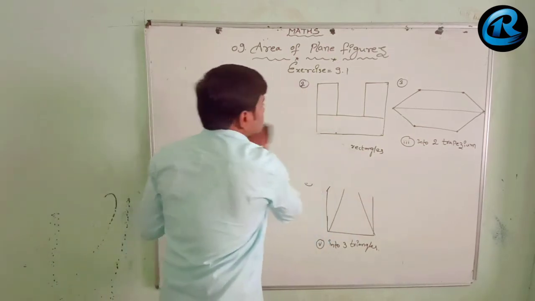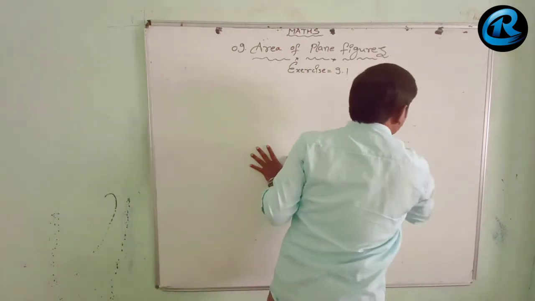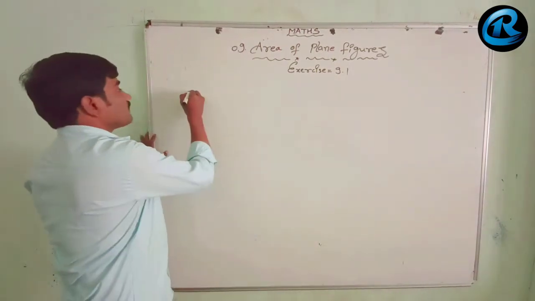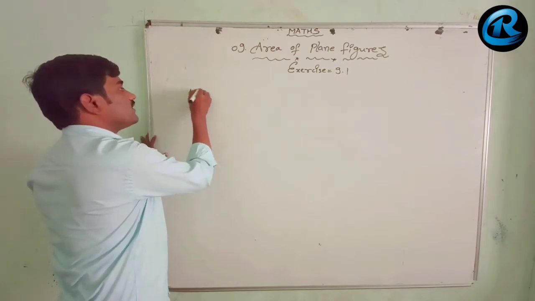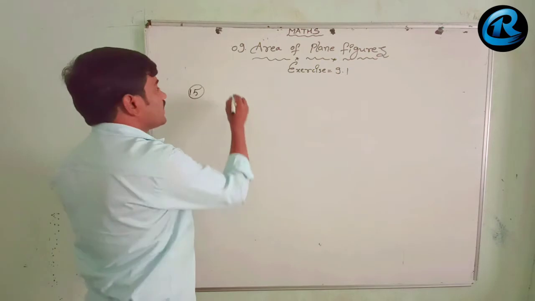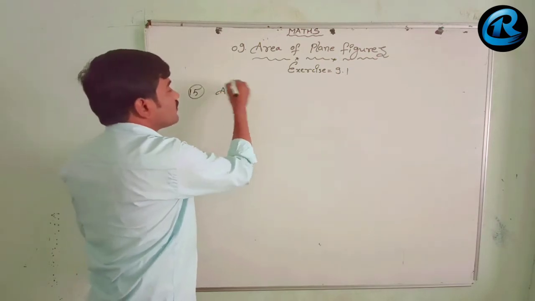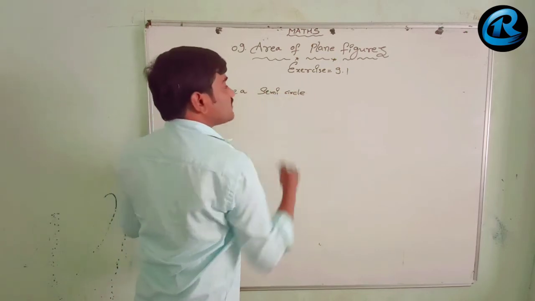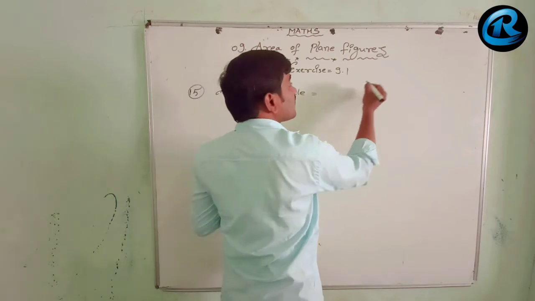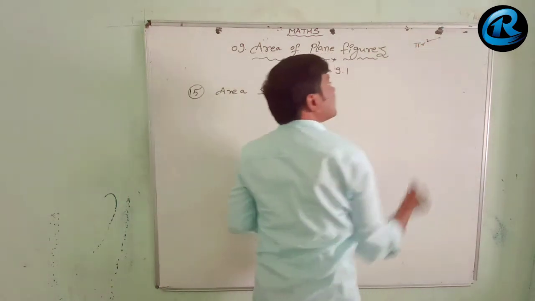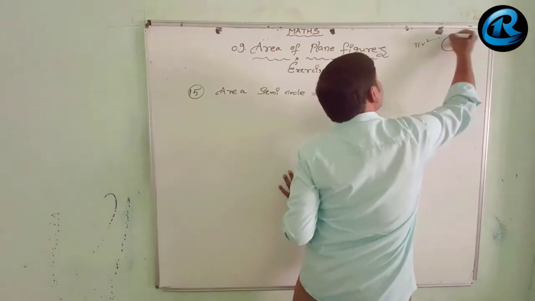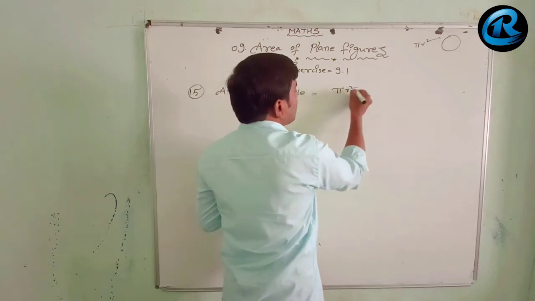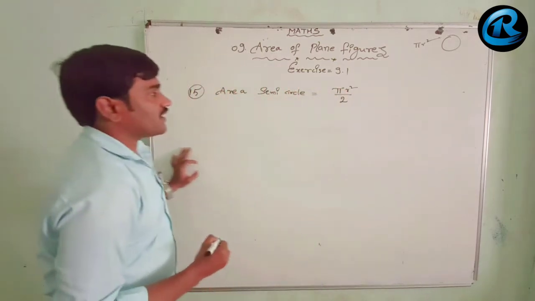Okay. Then as I said to you, I give you 3 more formulas. Let me go for the 3 more formulas now. These 3 formulas you have to include with the remaining formulas. Already 14 formulas are completed. This is formula number 15, area of a semicircle. The area of a circle formula is pi r square. Area of a complete circle is pi r square, but area of a semicircle formula is pi r square by 2.